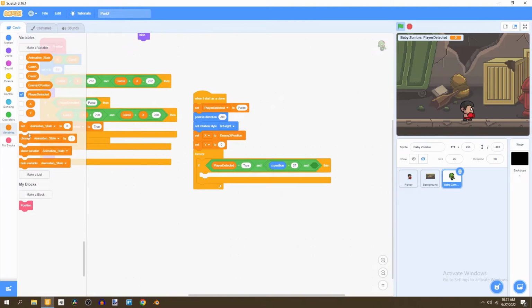So what we're doing here is we're just making sure that whilst our enemy walks, we don't get too close to our player. So let's set animation state